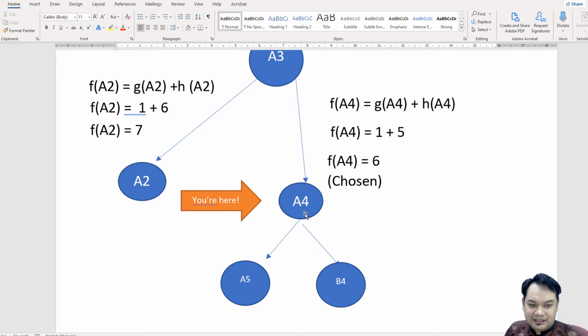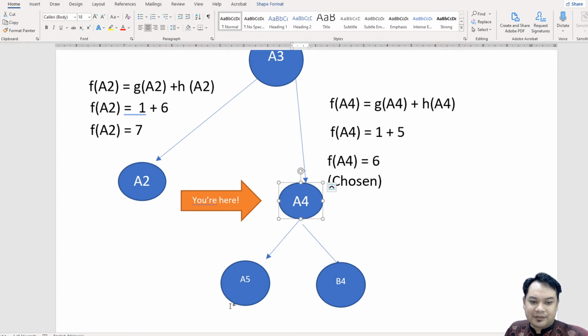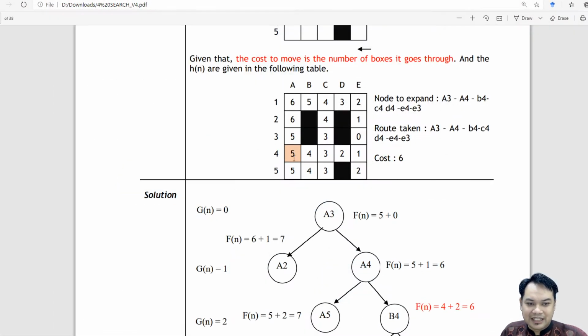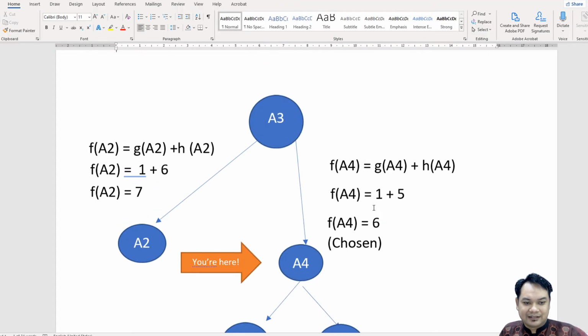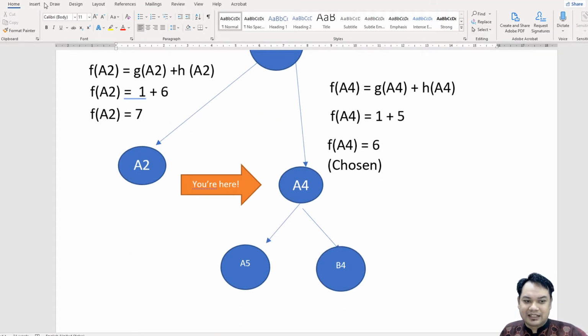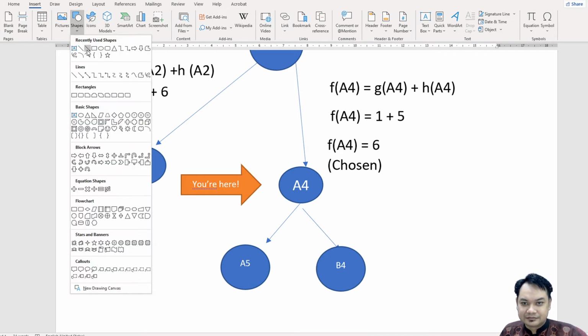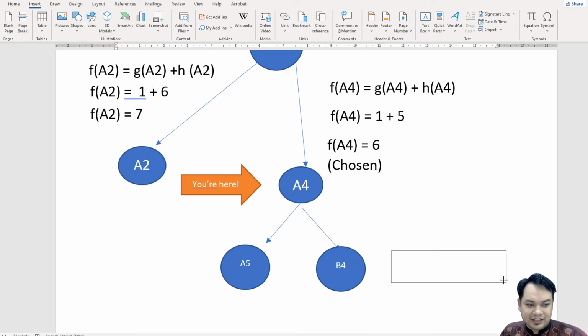So when you are here, in A4 you can either go to A5 or B4. Macam ni saya tahu sebab dekat A5 ni kita tak boleh patah balik kepada A3. So you either go to B4 or A5. So how to calculate? So sekarang ni kita nak determine GN. So here on this level, GN is